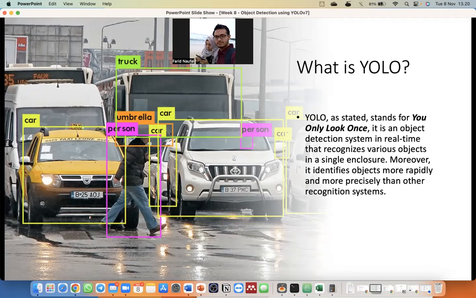So if you use YOLO, I recommend you run it on a computer that utilizes a GPU, graphics processing unit. Luckily in Google Colab, we can use the GPU for our computation. So that is enough if we only use Google Colab to run the YOLO algorithm.